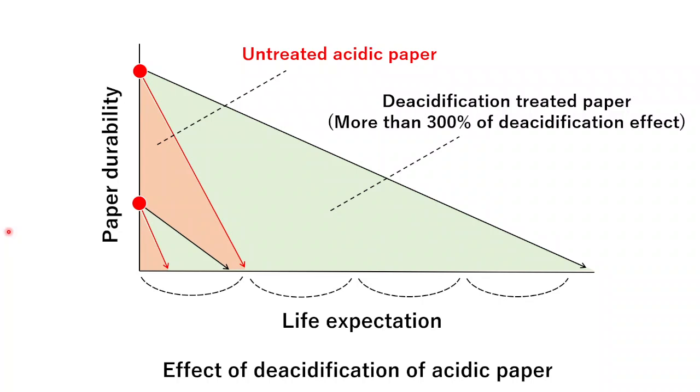Besides, even if it is a paper that has been deacidified, natural degradation of the paper proceeds due to factors other than acidification, so we can assume that the effect of deacidification treatment is to delay the vulnerability of the paper. Of course, paper lifespan can be extended further by eliminating the degradation factors other than acidification.